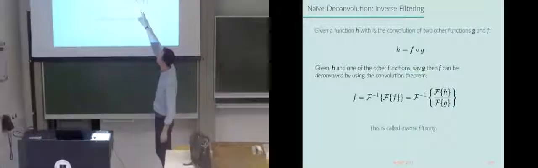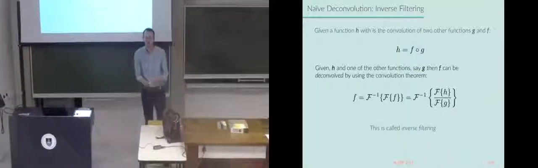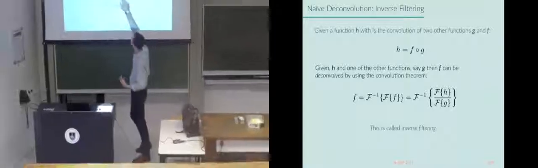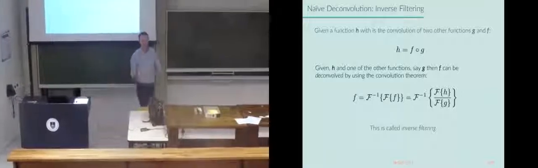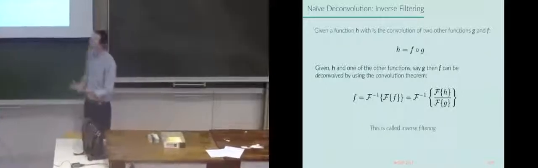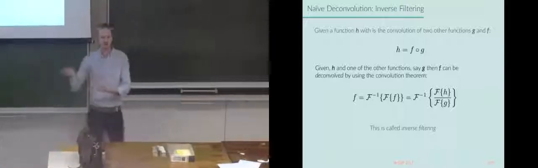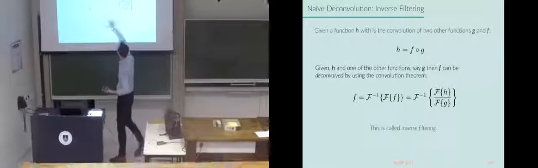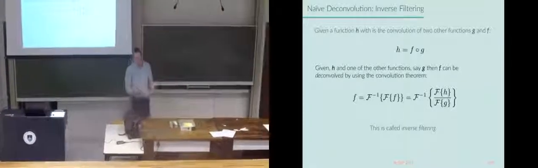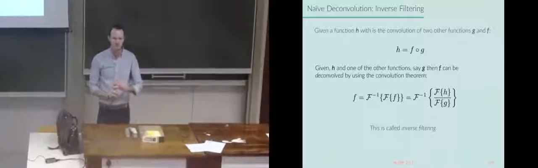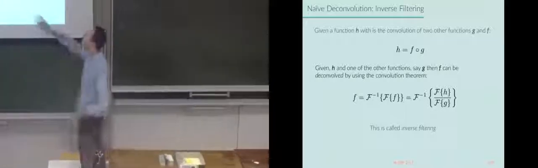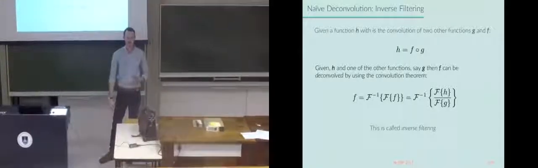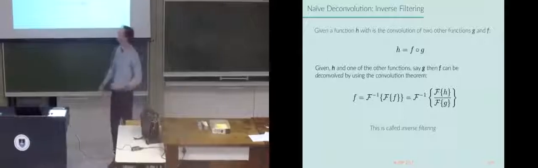And so say you want to recover f, given that you know H and you know g. In this case, you can think of H as the observed dirty image, f is the true sky model, and g is the array PSF. So you can rearrange things to recover f: simply the Fourier transform of the observed sky divided by the Fourier transform of the PSF. Then you inverse Fourier transform that. So that's just an application of the convolution theorem to get f.